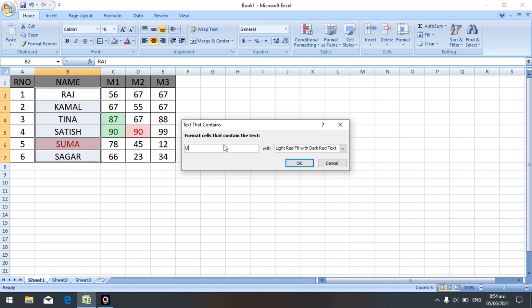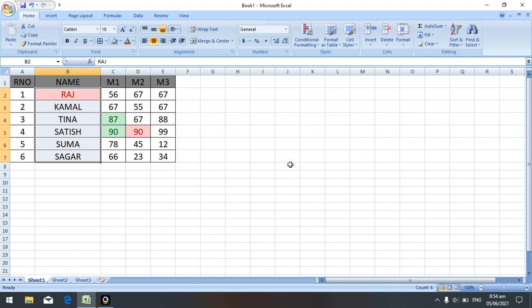Or you can identify a particular name also. So Raj, it highlights that particular name. So this is nothing but the text that contains. Next one, I will clear all the conditions once.